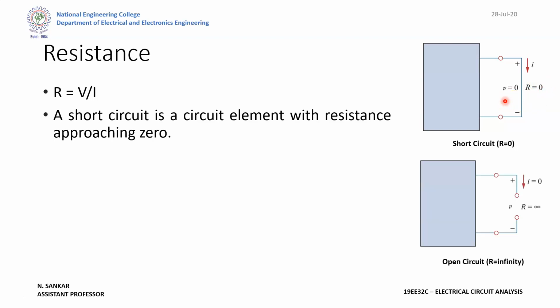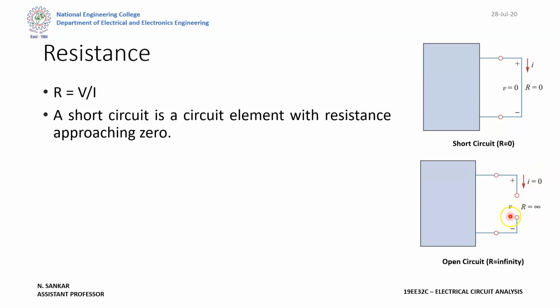Similarly, if your resistance is high, that is, approaching infinity, then the opposition is very high, and there won't be any current flowing through this point. Hence it acts as an open circuit, that is, the switch is off. Here the switch is on, and here the switch is off. Whenever R is equal to infinity, then I is equal to 0, from the same relation V is equal to IR.